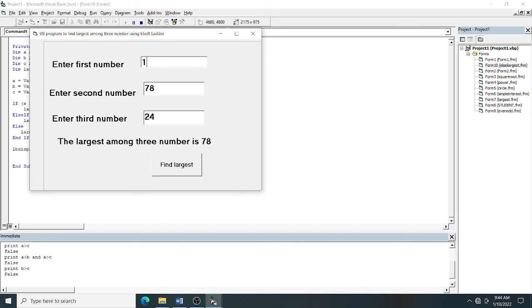You can execute like that, and which is larger? B is larger. Similarly, A is greater than B and A is also greater than C, so that means Large equals A, which is your 100.